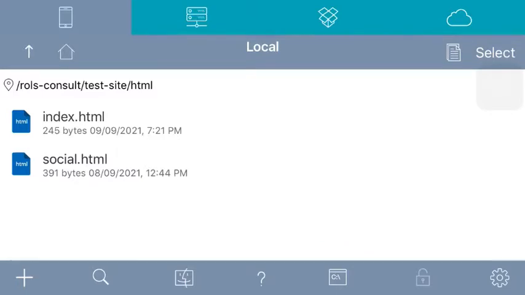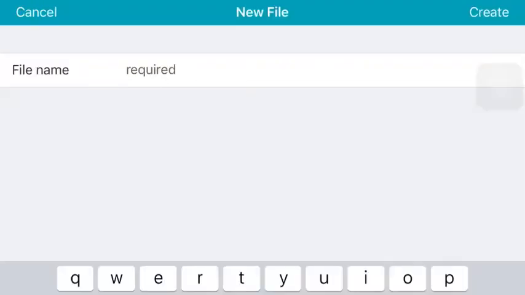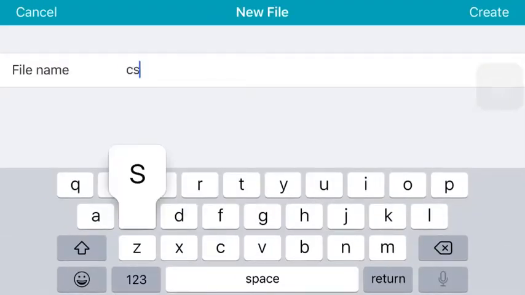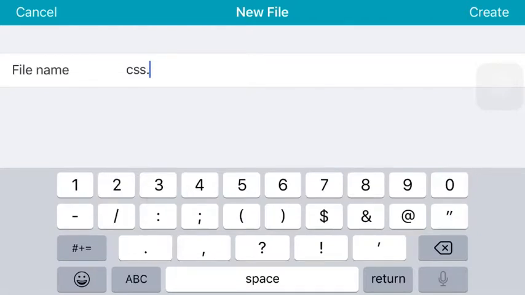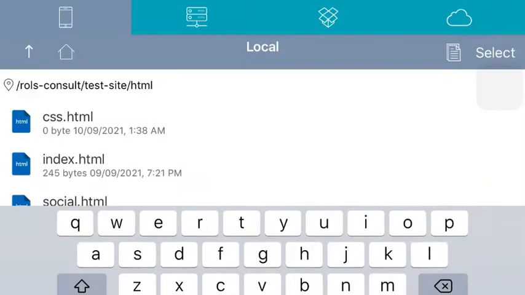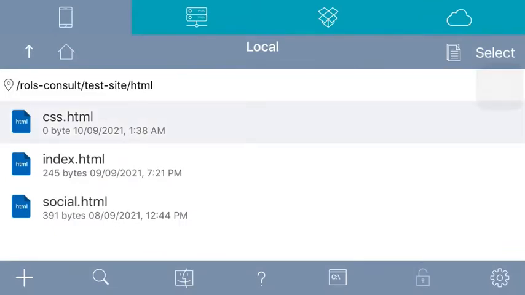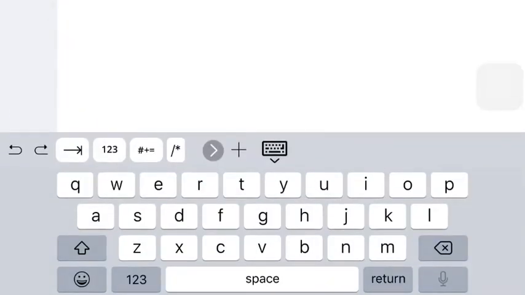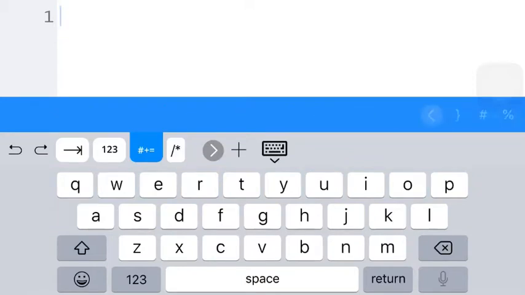So for the sake of this lesson, we'll be creating a new file. We are going to call it css.html. So new file, css.html. Okay, so there we are. We are now inside of our file, css.html,